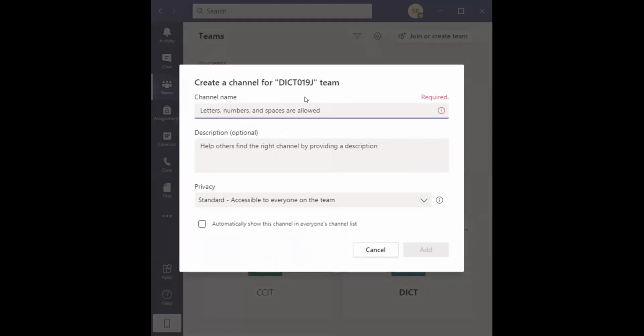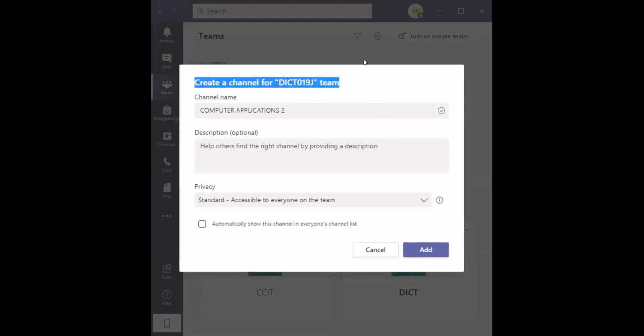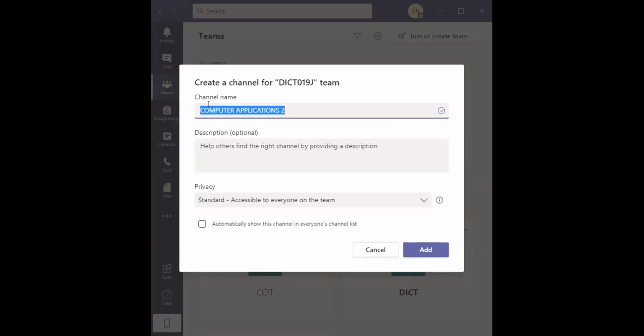Maybe I can add a subject by the name Computer Applications 2. Then here I am supposed to give the description, or rather, I can have the initials up there and the description down here.